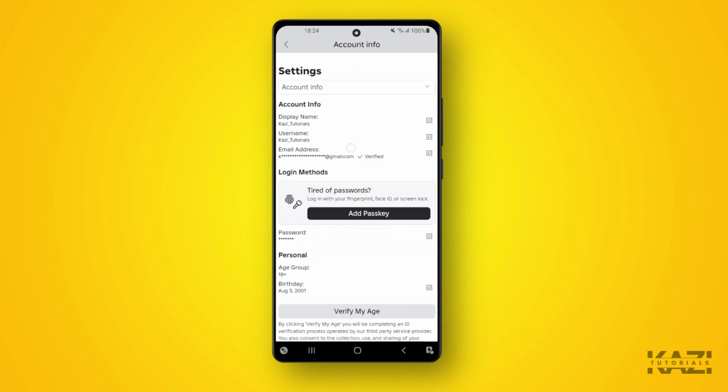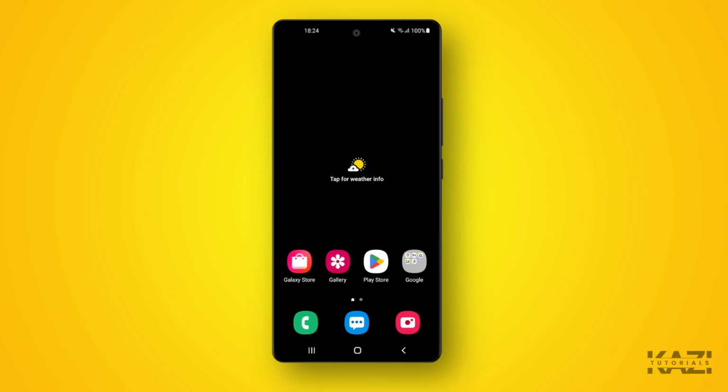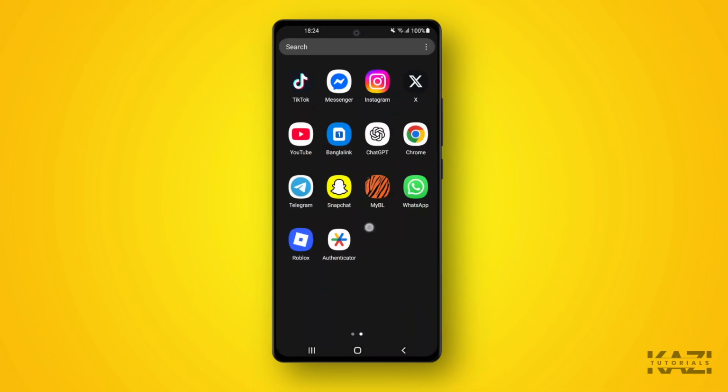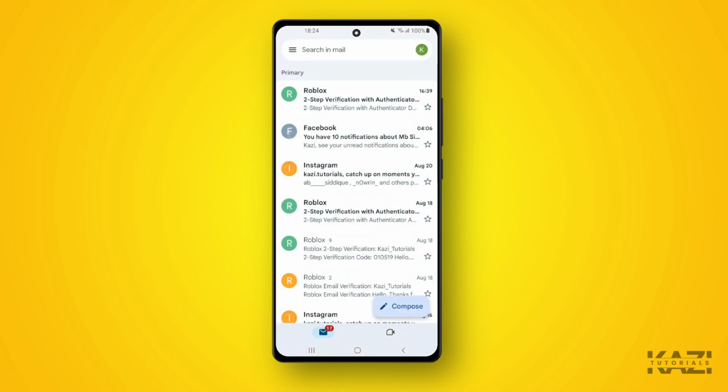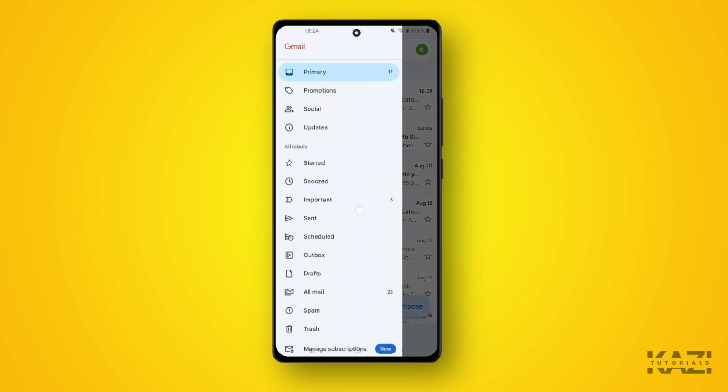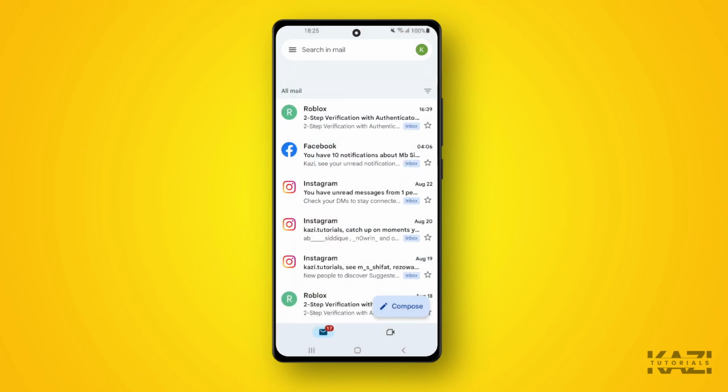Now, as you can see, here is the email account, but you cannot actually see the email account. Only you can see is the first letter of the email that you have verified. But for that reason, you can simply go back to your mobile phone and simply open up the Gmail on your mobile phone. Then from here, tap on the three dots and this will open up here. So once again, go with the all mails, select that one, and then from the search bar,